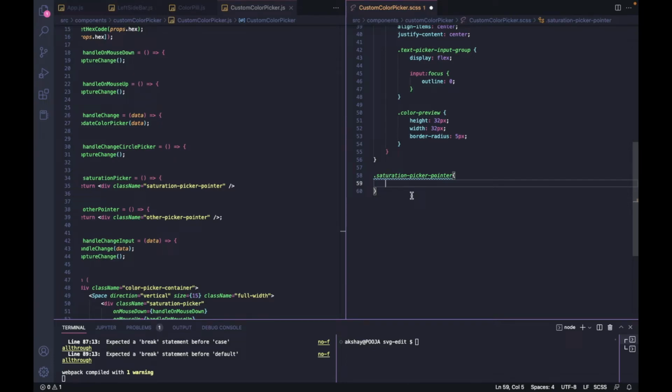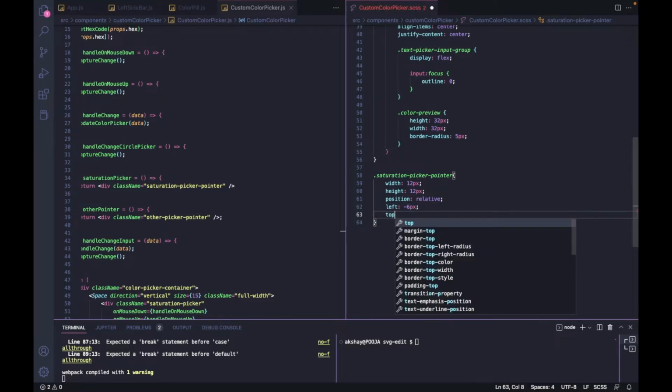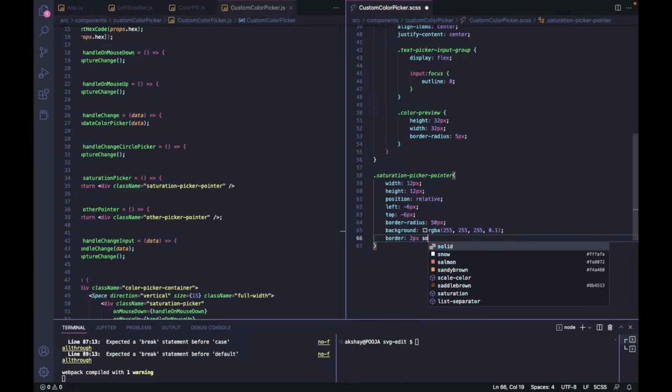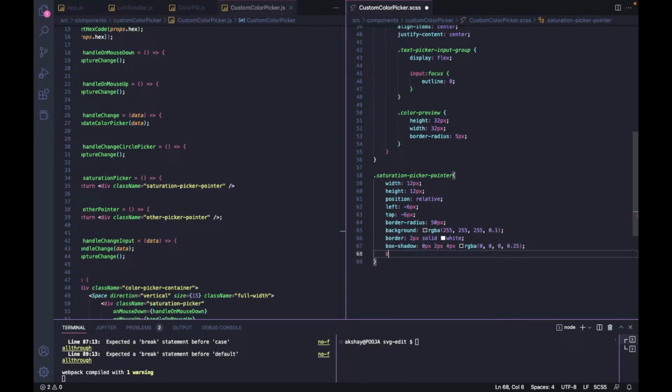So saturation picker pointer, so width will be 12 px, height 12 px, position relative, left -6 px, top -6 px, border radius this will be 50 px, background RGBA 255, 255, 255, 0.1, border is 2 px solid white, then box shadow and box sizing